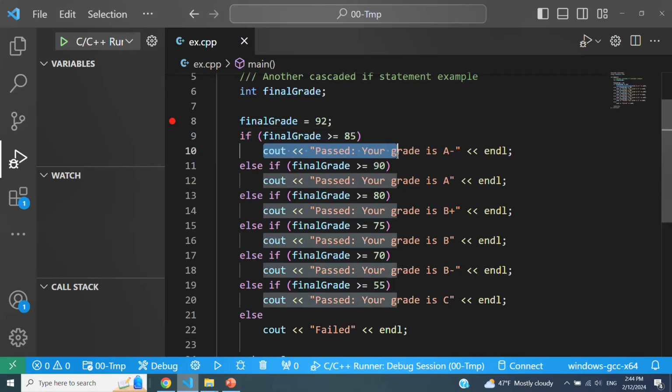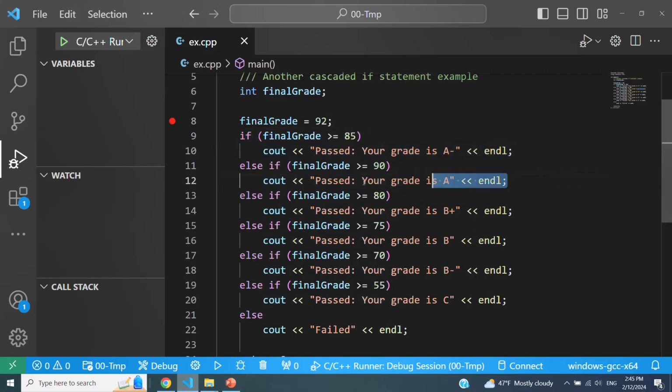So you would always execute this statement, and there is no way you can execute the other statement. As soon as the score is greater than or equal to 85, you will always execute this statement. So there is no way you can execute this else if part. So this is wrong, and you have to place them correctly.